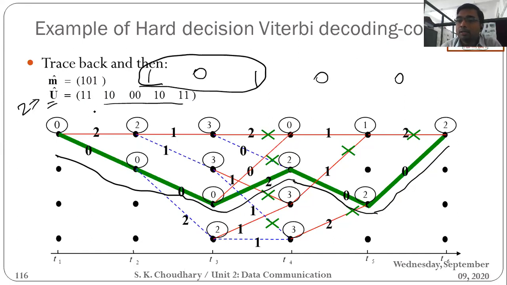That would be actually the corrected code word that we actually transmitted, and we are able to generate the estimated message bit also that we actually transmitted by reverse tracing or following the path which is having the lowest metric value. So this is the beauty of the Viterbi decoding, that we would be able to detect the errors and correct the errors. Okay. Anyone has any questions, then you can ask me up to this point. From the next lecture, we will be moving